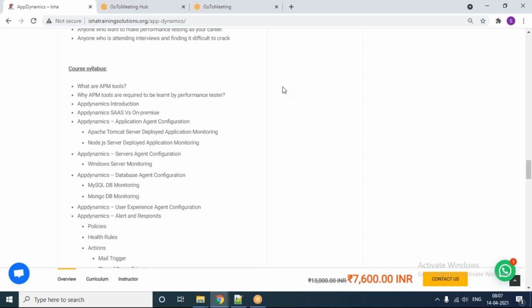Also, because of the timeline pressure, developers are not getting the time to do thorough unit testing. Because of that, their code is moving to the integration testing phase. So I would say developers can use these APM tools to quickly identify whether their chunk of code has any problem. That way also you can leverage this APM tool.